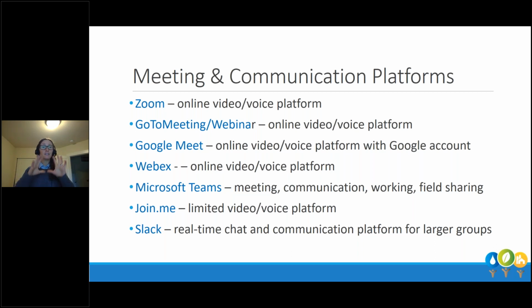Microsoft Teams, a lot of us are now using this platform, and Microsoft Teams is meeting, communication, working, file sharing. It's a whole universe unto itself. So it's a really big thing, and oftentimes we have both Teams and a virtual meeting, because Teams has some limitations if you're not in it. You may be able to join a meeting for free, but unless you're in that whole virtual world, you kind of want it connected to Microsoft 365 as well to make it work effectively.